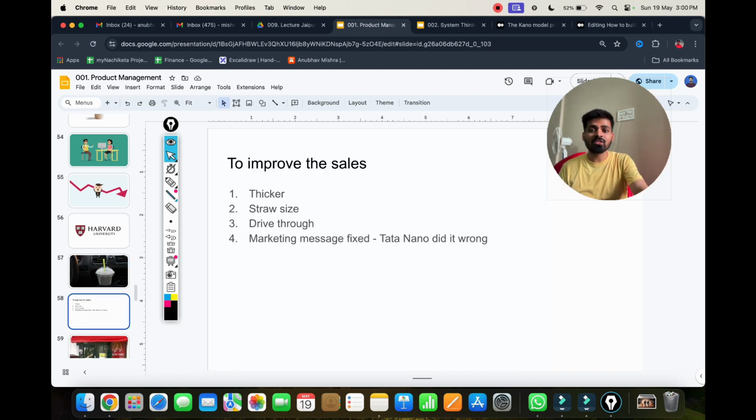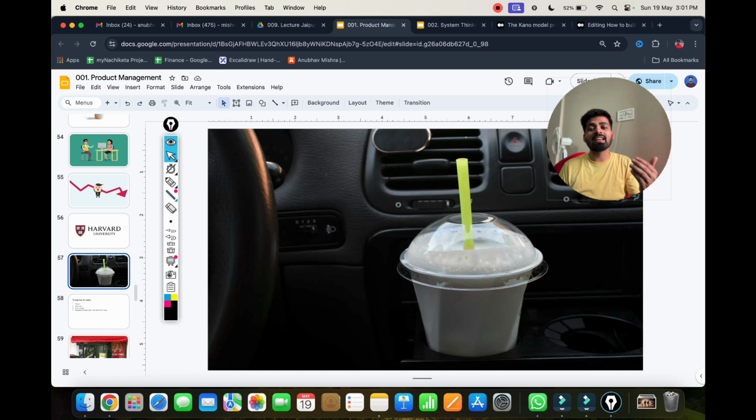Now, what did these researchers do to improve the sales of McD? Since you know what was the purpose they were buying it for, because it could last long. I guess it was lasting for 23 minutes on an average for every customer. So now the purpose was to last long. So what McD did was they incorporated these feedbacks. Rather than changing the nature of the milkshake, they did something different by making the milkshake thicker, and maybe, some people say, they reduced the size of the straw, made it narrower, so it lasted longer.